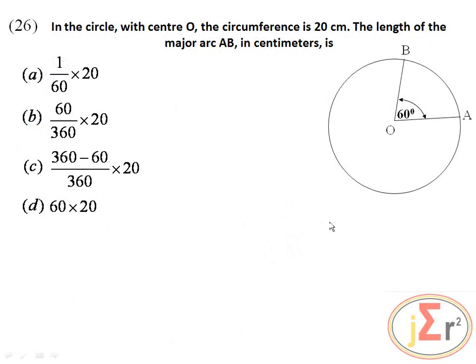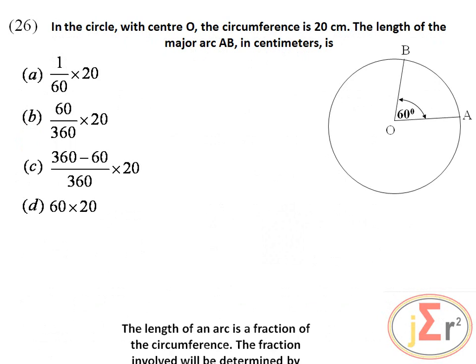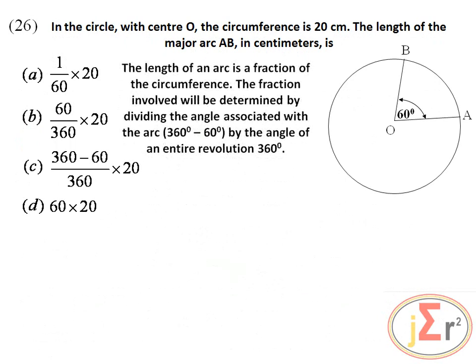In this circle with center O, the circumference is 20 centimeters. The length of the major arc AB in centimeters is... The length of an arc is a fraction of the circumference. The fraction involved will be determined by dividing the angle associated with the arc. In this particular case, it is 360 minus 60, and that is the angle associated with the arc,